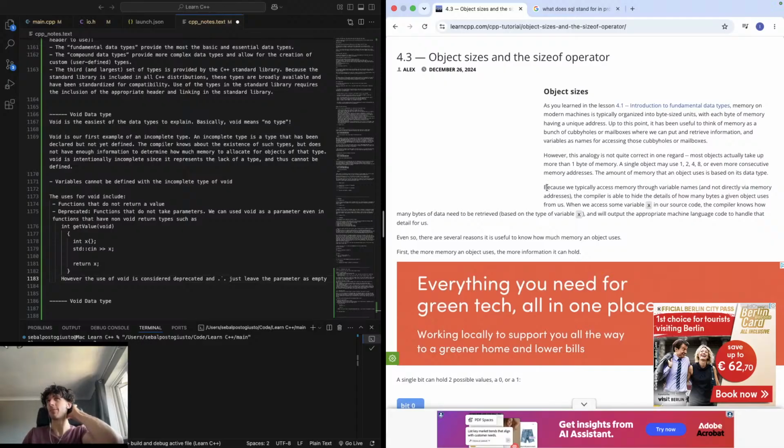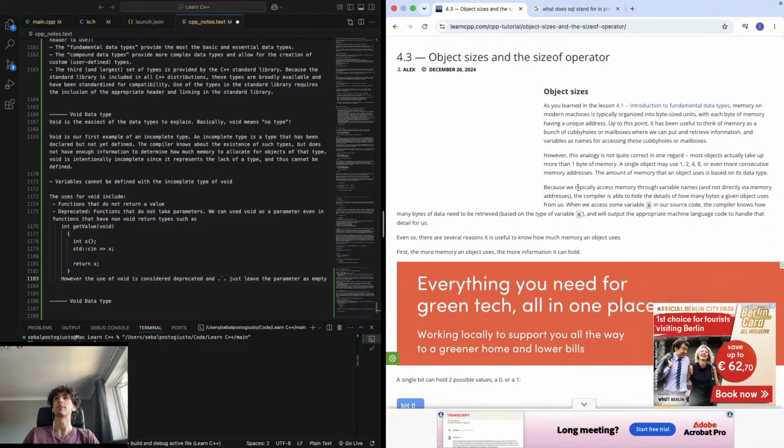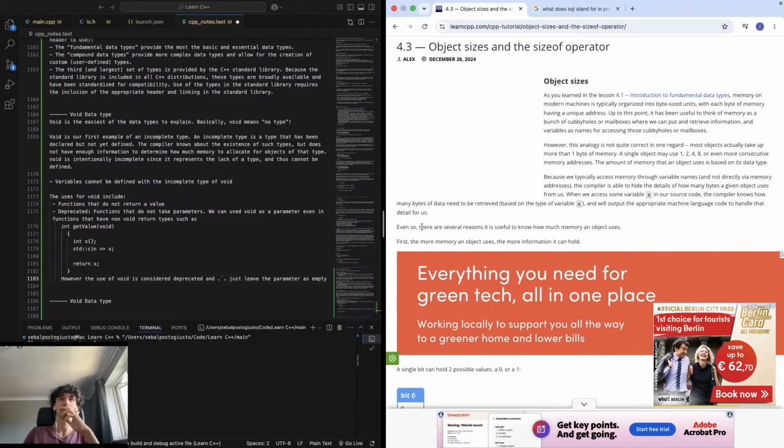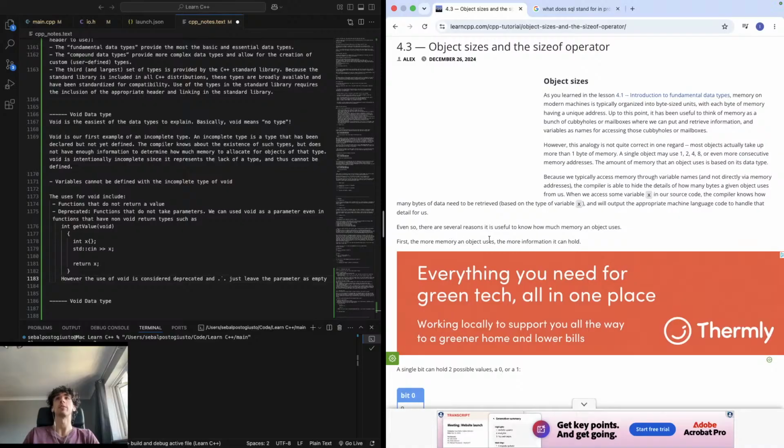Because we access memory through variable names, the compiler is able to hide the details of how many bytes a given object uses. We can access some variable x, and the compiler knows how many bytes. Even so, there are several reasons it can be useful to know how much memory an object uses. First, the more memory an object uses, the more